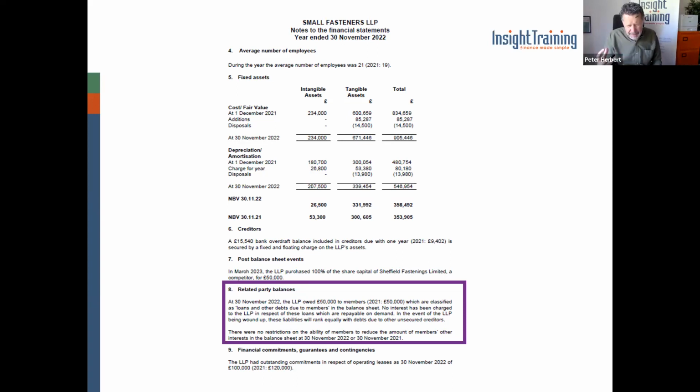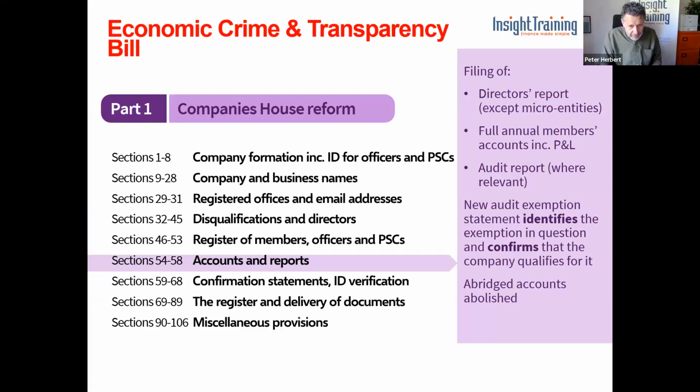Just in terms of the final aspect I mentioned there at the start of the session, just a quick heads up as to where things are going in terms of presentation of small LLP and indeed small company accounts. We do currently, of course, have, don't we, marching through Parliament, the Economic Crime and Transparency Bill. And what we're trailing lots on our accounting and audit updates currently here at Insight is the fact that this particular bill is going to give rise to a radical change in relation to what information gets filed at Companies House. Going forward, once this actually becomes definitive, you'll have to file your P&L and balance sheets and notes in